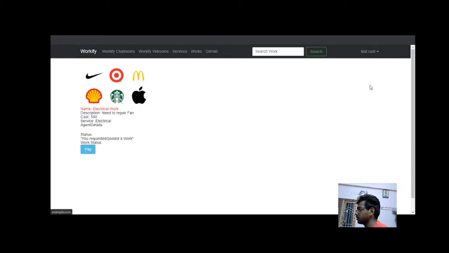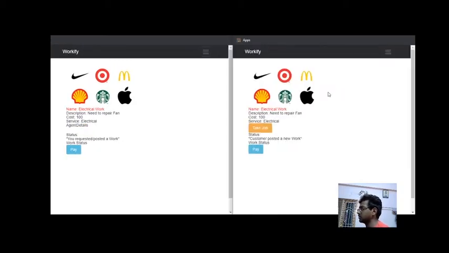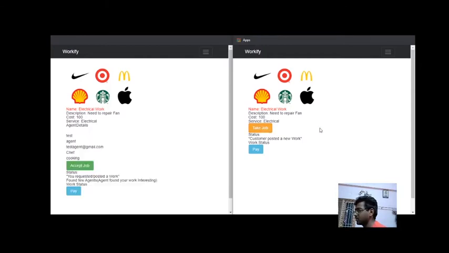So this is a customer. Now we will just shift this side, customer, and agent this side. So this is the agent and this is the customer. Now we will start the workflow. As you can see, the customer is over here, and we have used WebSocket, so real-time communication goes on in pair or multicast mode, we can say. Not broadcast, we need not do broadcasting because we are doing peer to peer. So whenever he takes the job, the agent has taken that job.